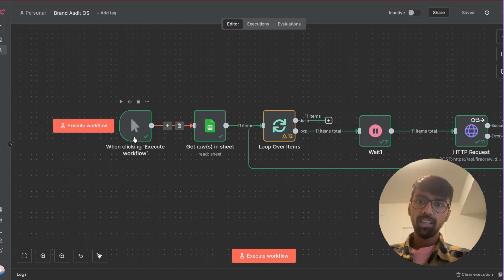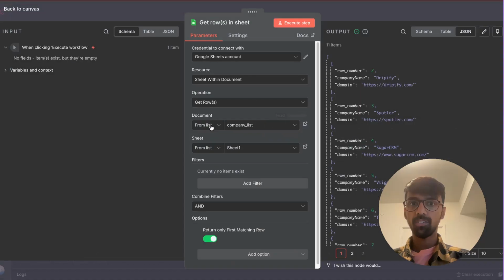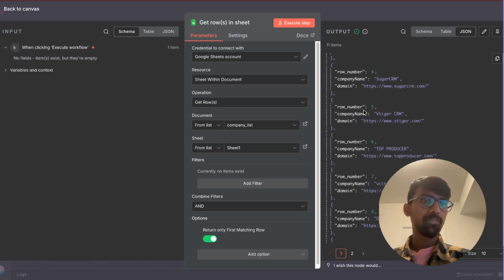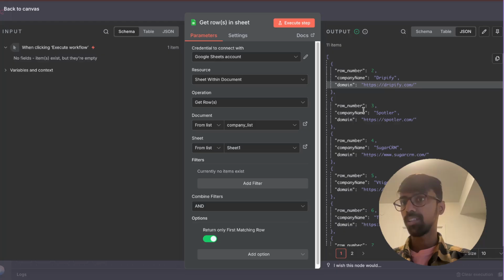So I'm triggering the workflow here. It takes two columns from my Google Sheet, the company name and the domain of the company. These are some SaaS companies that I was doing some brand audits on, and it takes those,